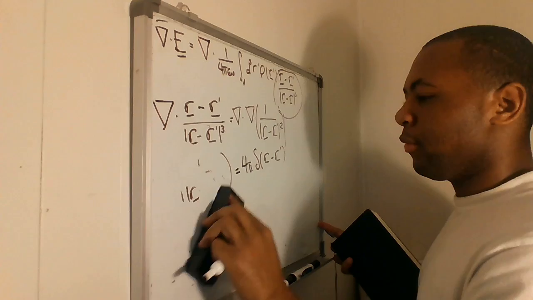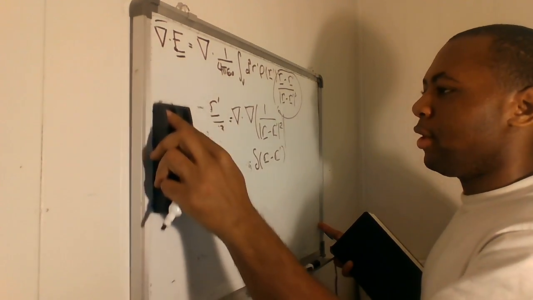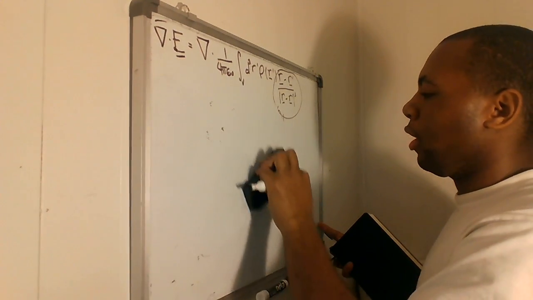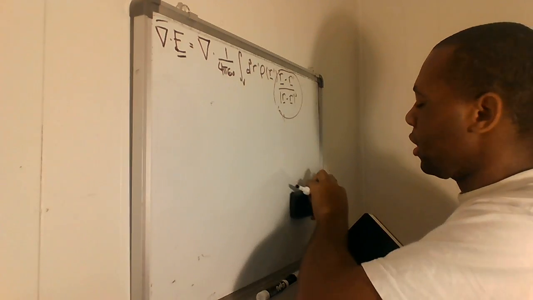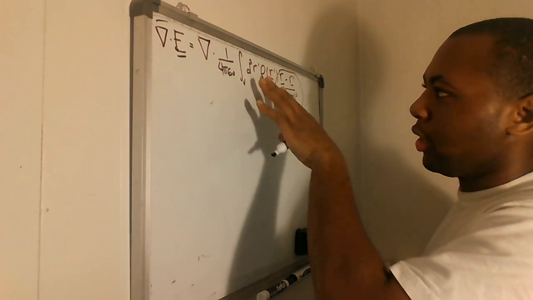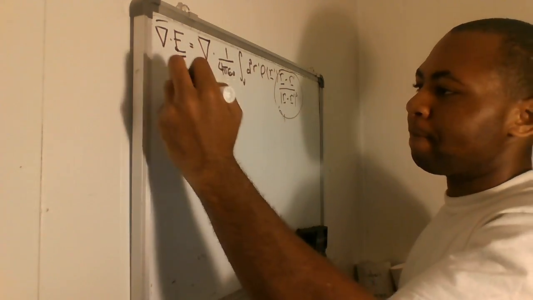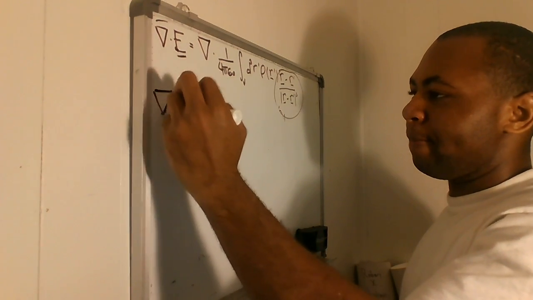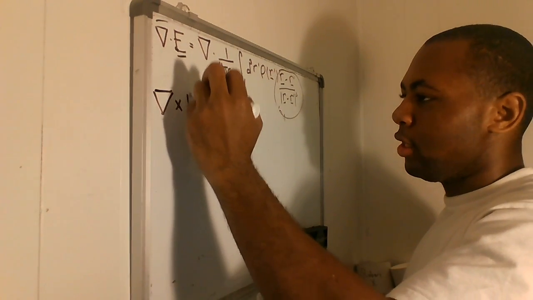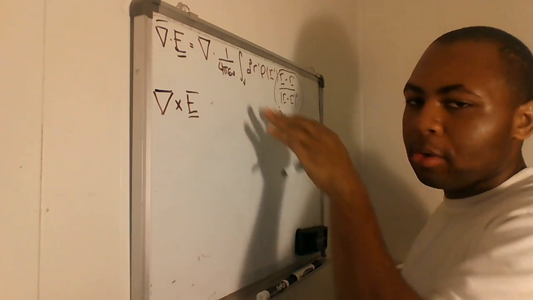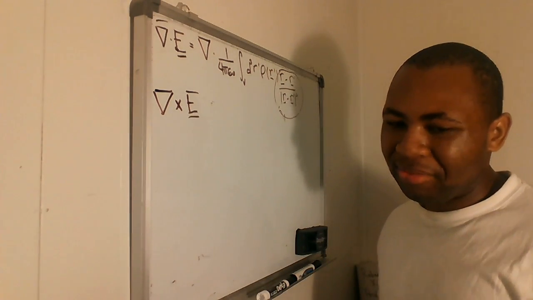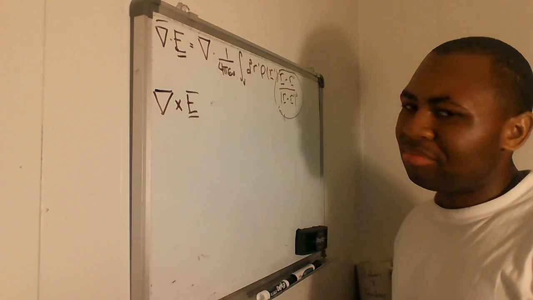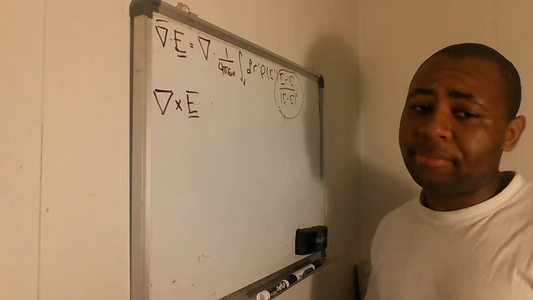Next, Zangwill asks us to find the curl of this very beautiful vector function E. So we can again skip all this nonsense and say the curl of E. I'm skipping all this nonsense, so I'm not rewriting it in the final answer, because if you know what a Dirac delta function is,